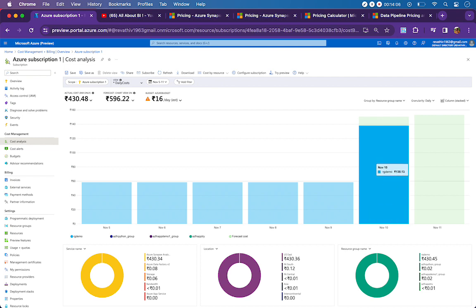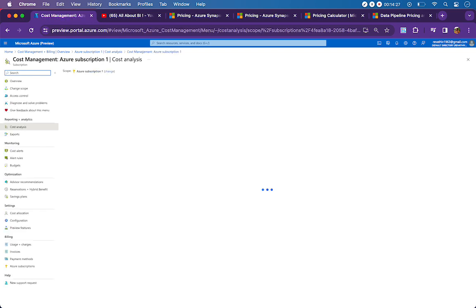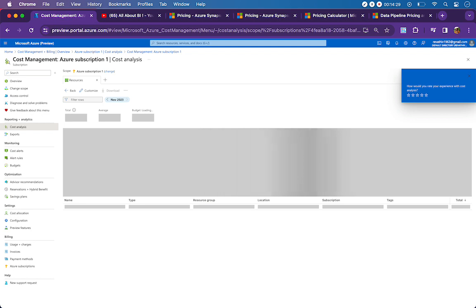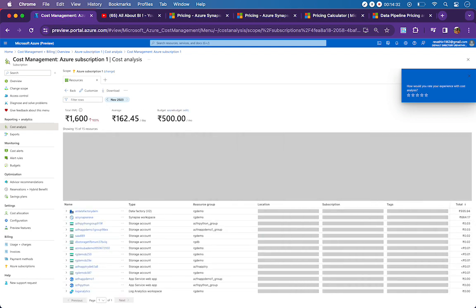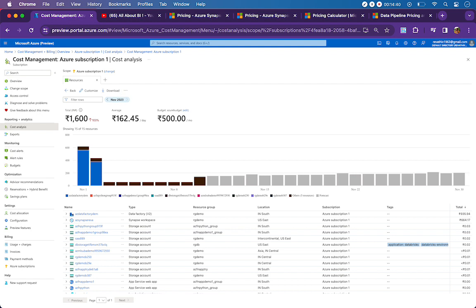So this is the per day cost that I showed you, right? So I'm going back to the cost analysis page, and then from here I just go to resources, cost by resource, right? So I want to just look at how resources have been charged. So I'm just clicking on it, and if you see here, this also will be giving you daily costs since November 1 until November 10th or 11th. It will be giving you cost. If you hover over it, the blue part I am showing here,